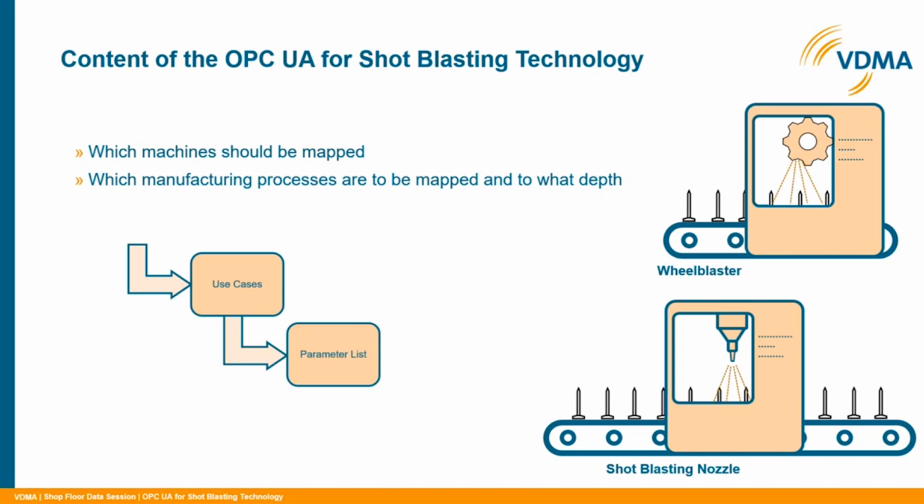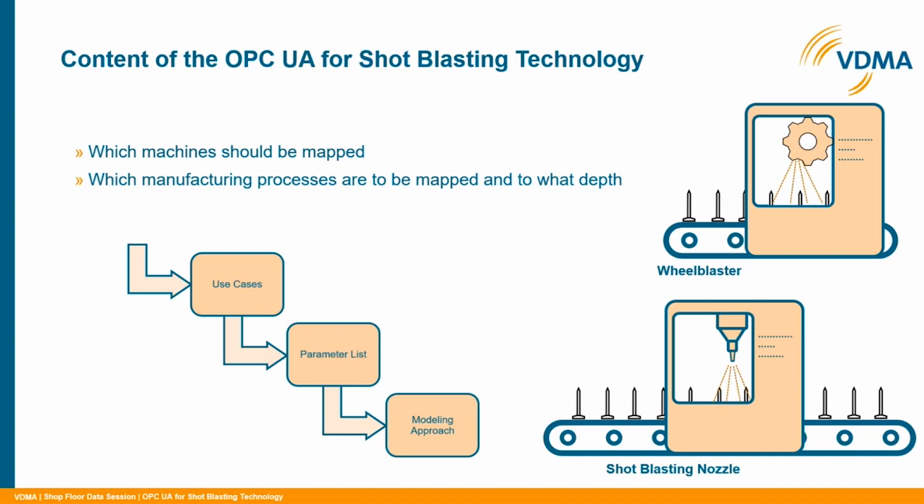If the parameter list is finally completed, you can think about the modeling approach that you want to attack in this companion specification, and then you can start to model your information in the information model. So this is how we were doing the work in the shot blasting technology working group. And I told you that one of our use cases was the harmonization. The harmonization is very important, to be harmonized with other companion specifications, not to remodel all the work that